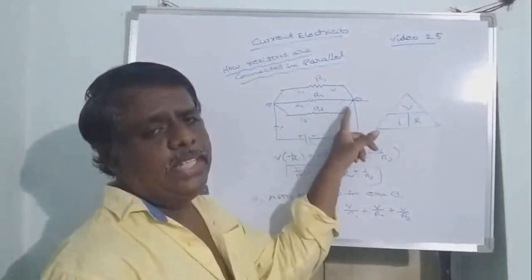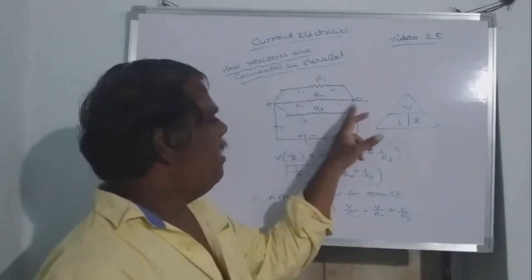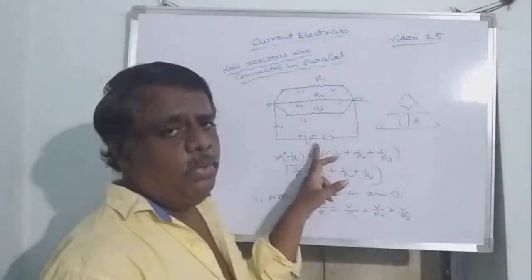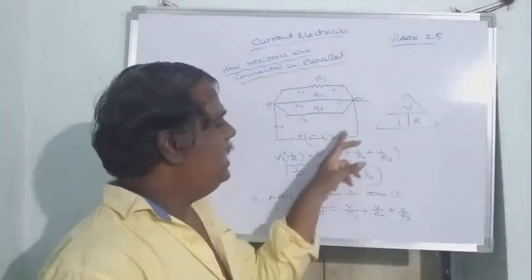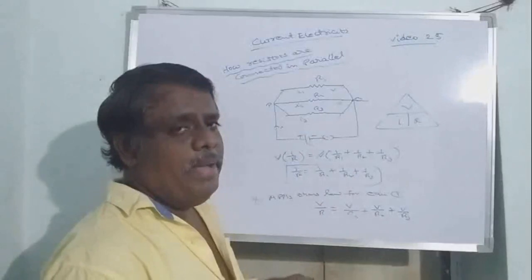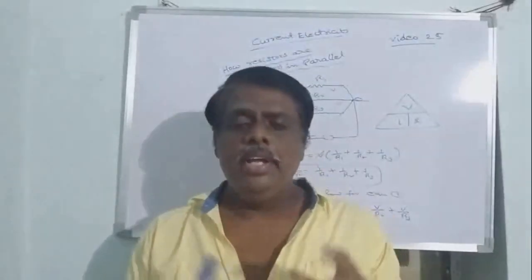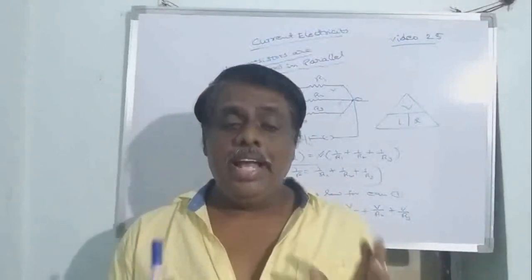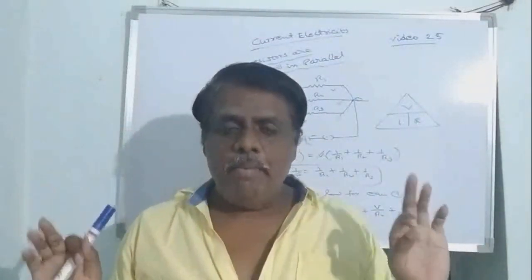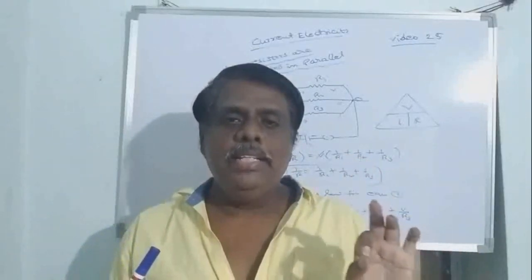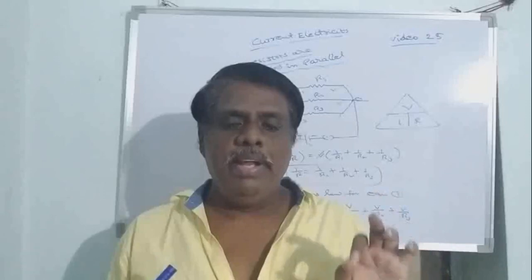All the second ends are connected to another single common point. Finally, these common points are connected to opposite terminals of the battery through a key. So this combination is called parallel combination. What we have to remember in the parallel combination? In parallel combination, current will be divided across each resistor, but the potential difference V will be the same across all the resistors.